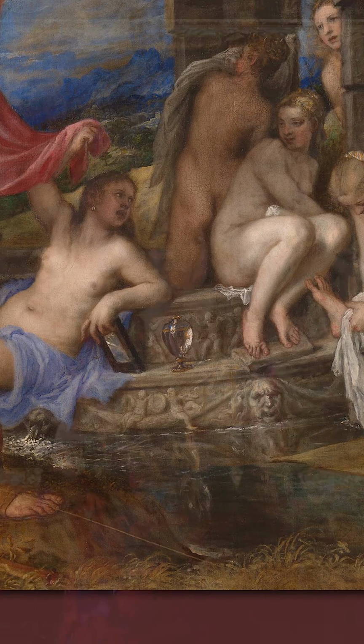But it has absolutely nothing to do with the story of Diana and Actaeon. So what is Titian up to? Well, the vase is made of Murano glass, so it comes from Titian's hometown of Venice. So I think it's an advert. It's a bit of product placement, 16th century style. And interestingly enough, a vase exactly like this one was included in the consignment along with Diana and Actaeon to